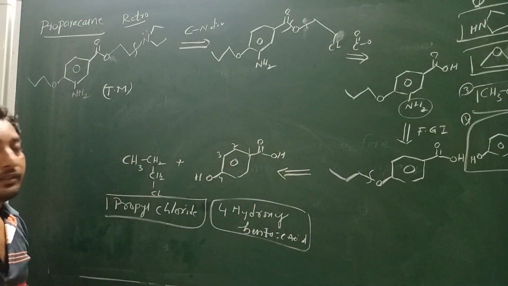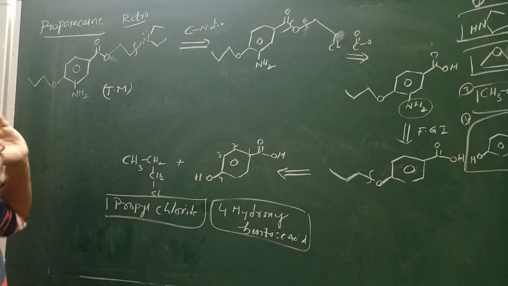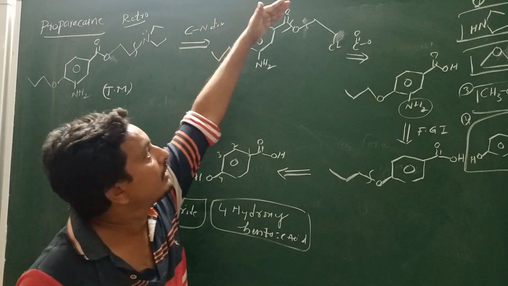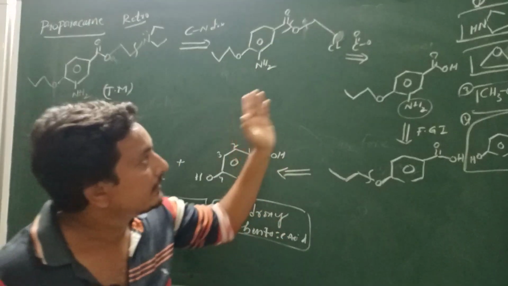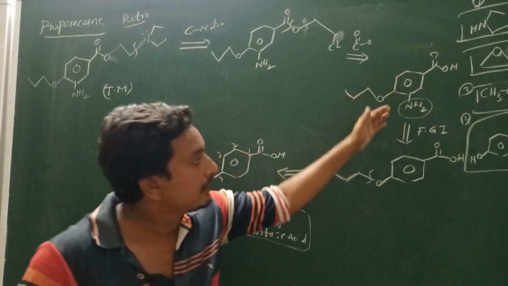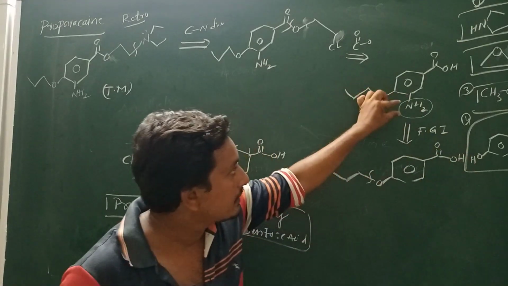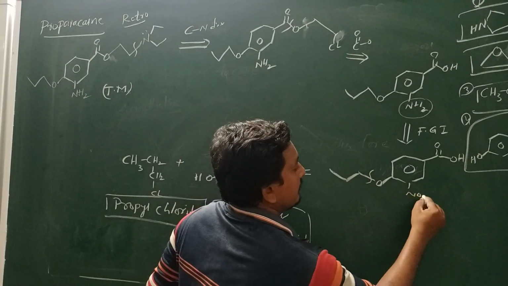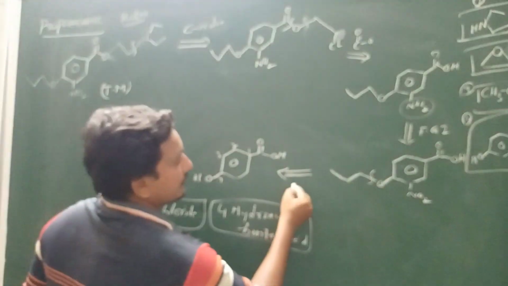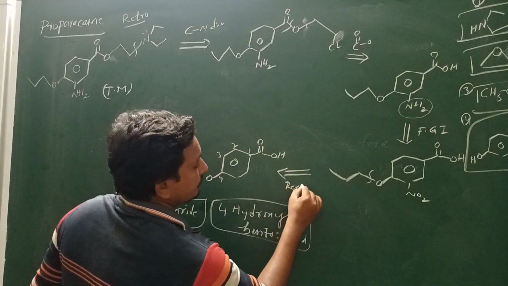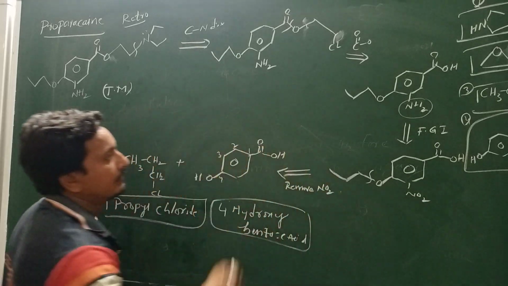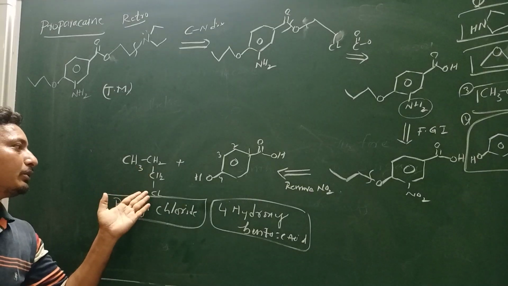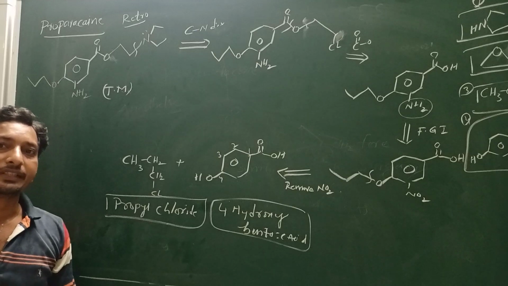Okay, so I repeat that compound. First we will discuss the amine group, and the next group is removed like this, and I will discuss the C double bond O group. Here C double bond O is formation. Here we take the functional group interconversion. NH2 group converted into NO2, and here NO2 is removed, and the product is CH3CH2CH2Cl and para-hydroxy benzoic acid.